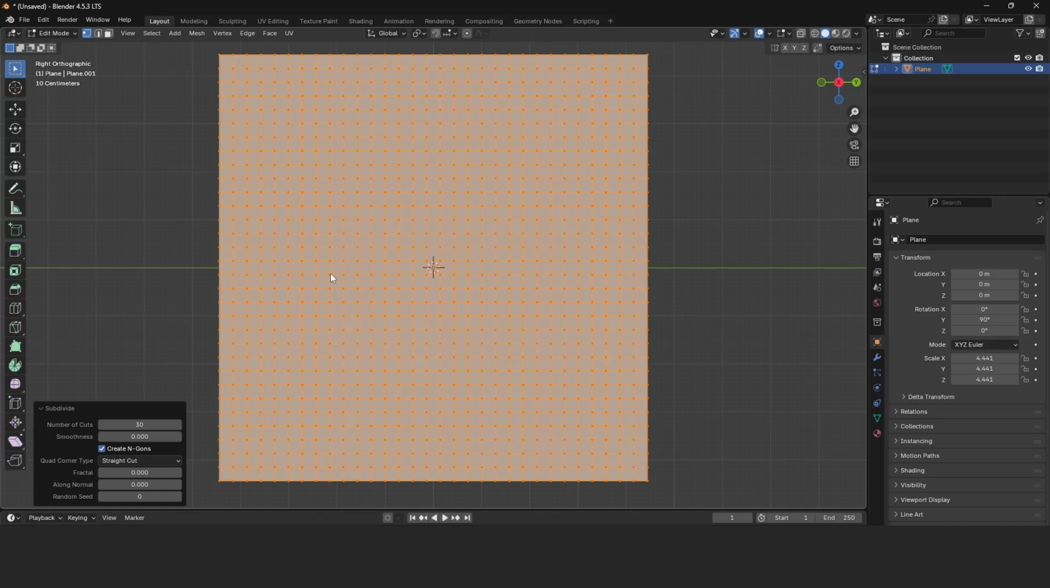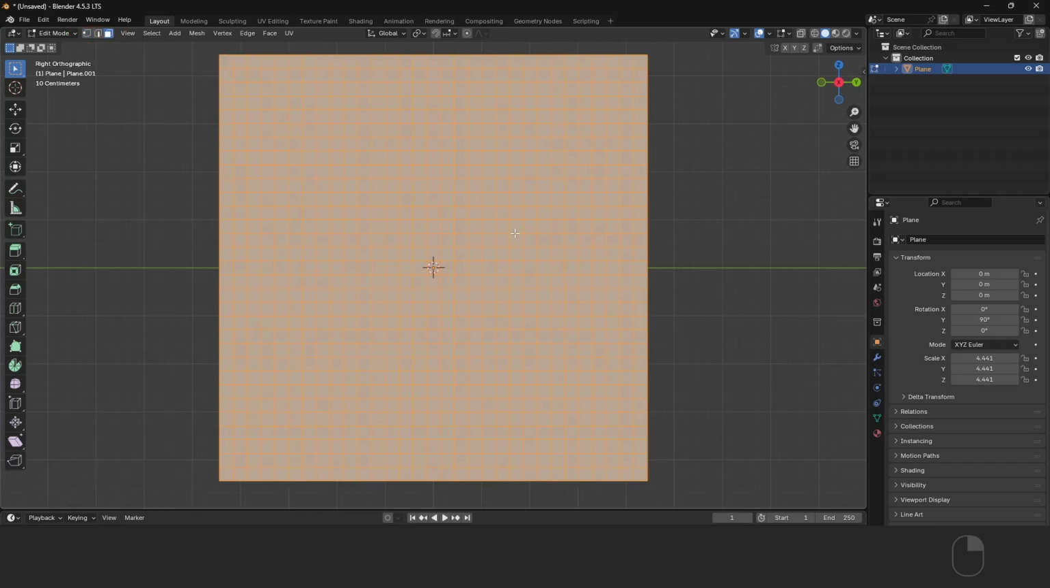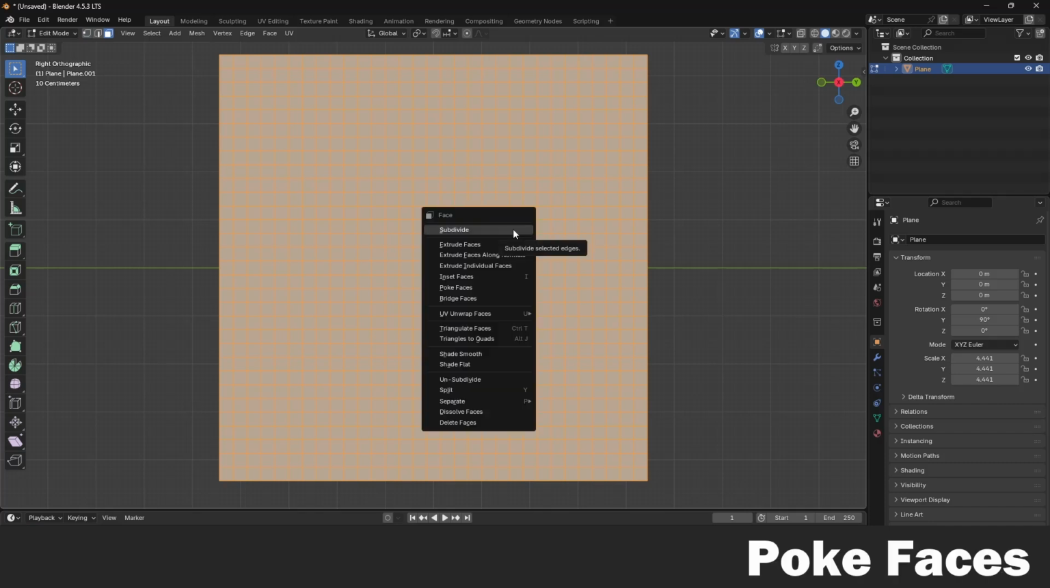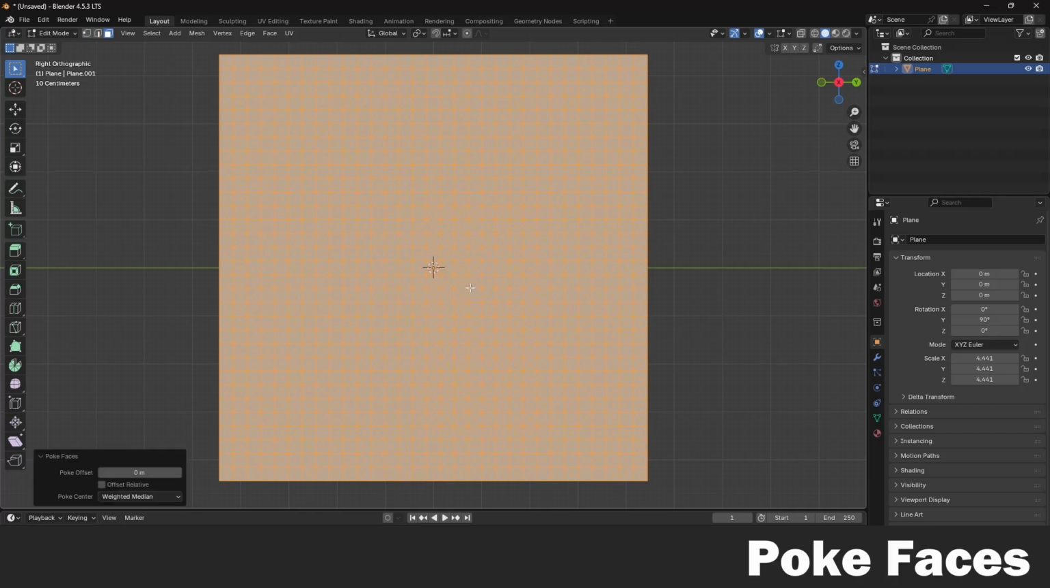We will further adjust the squares, and that's why we need to switch here in the top menu from vertices to faces. Right-click on the selected plane again and choose the Poke Faces option. This will create a new center vertex in the middle of each face, with edges extending from it to the original vertices. The entire plane is now made up of a large number of small triangles, but that's not what